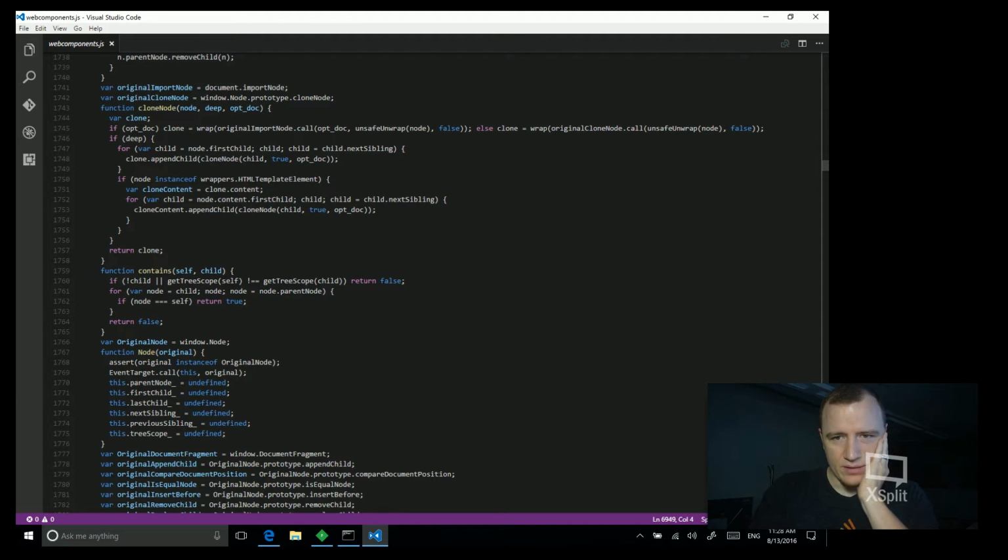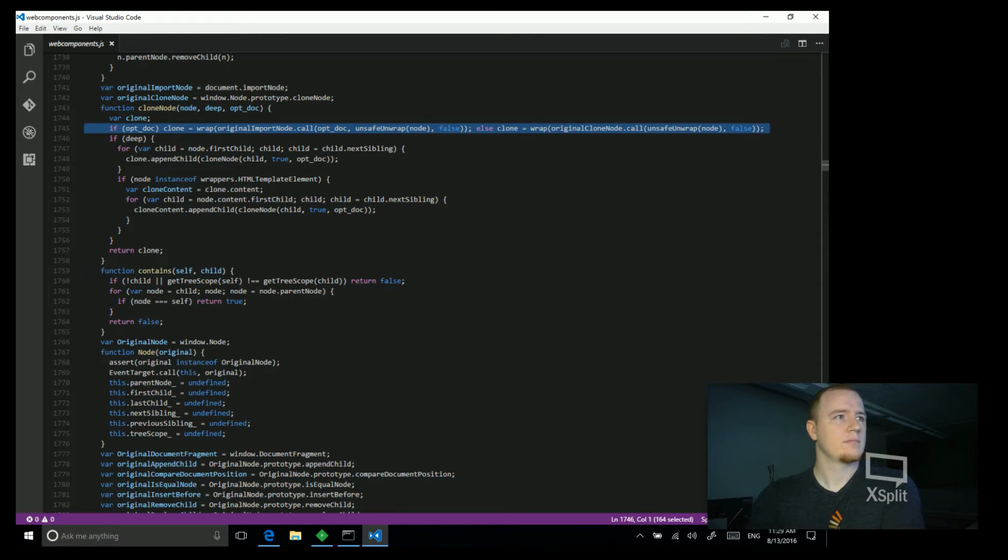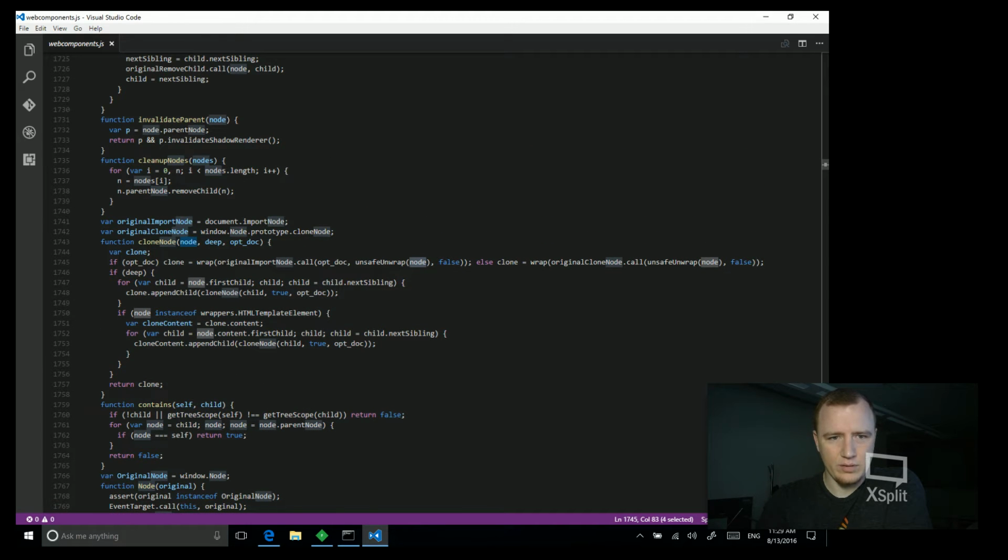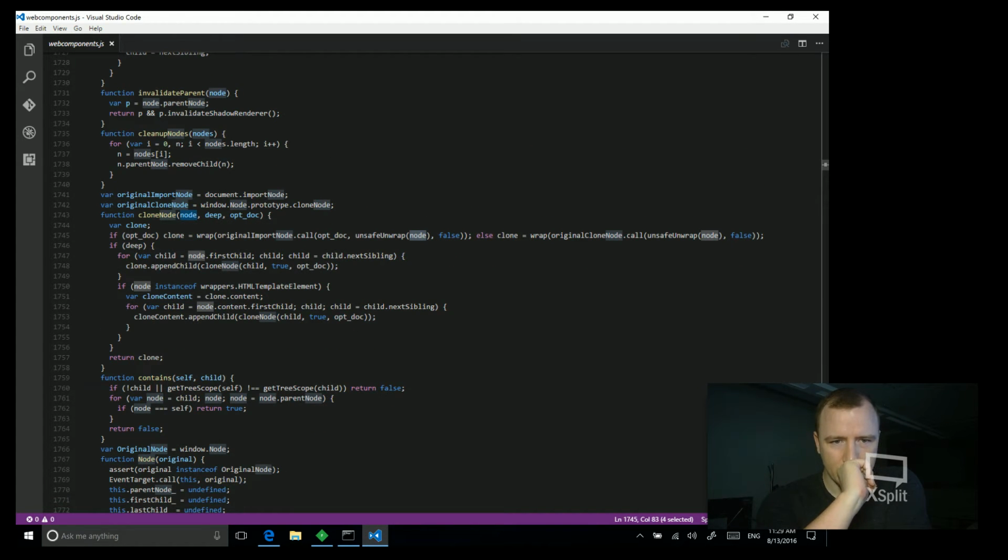Okay, so this is, oh, so they're doing a call on import node then, if this is the line you're referring to. So we have the document right here. The node itself is the document fragment, presumably, right? Because clone is being called from someplace, and the node here is, I mean, we'll just go ahead and